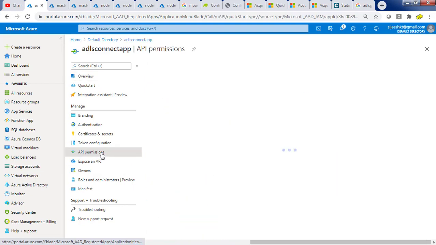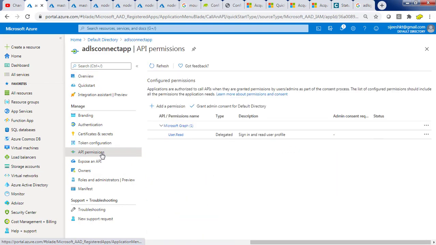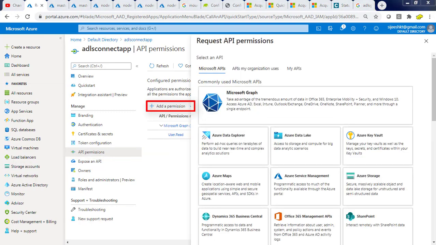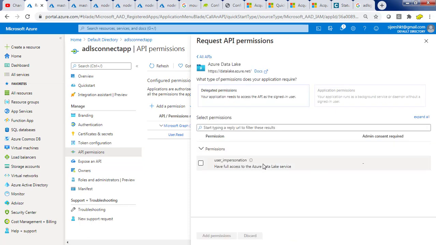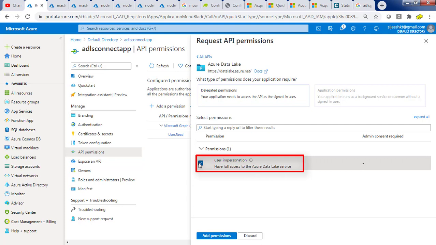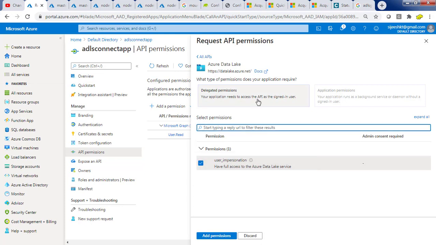Then hit API permission and add a new permission by hitting add permission. This will pop up a page where you have to choose ADLS data lake. Just click that to select it, then use the user impersonation option, and also make sure you selected the delegated permission which is on the top.